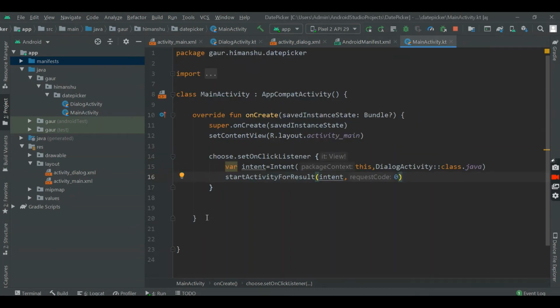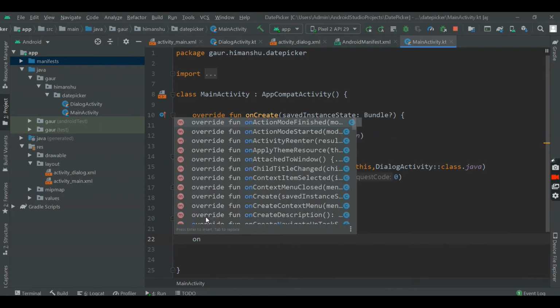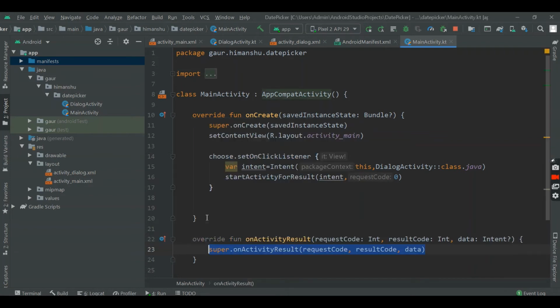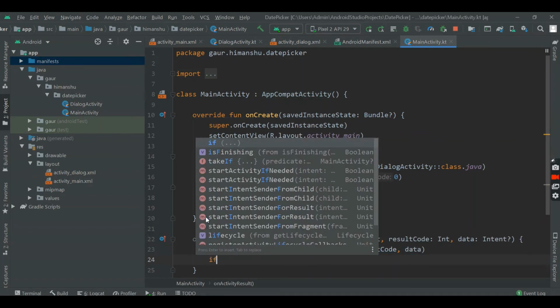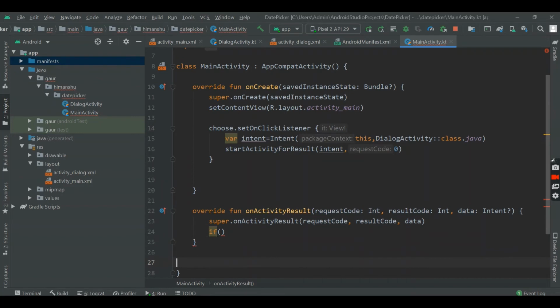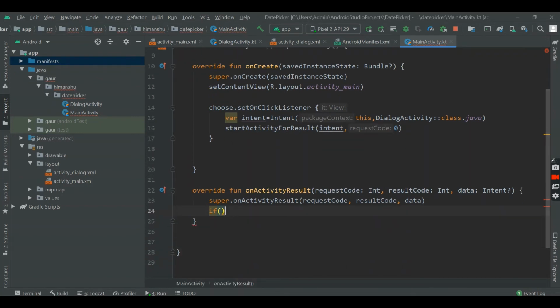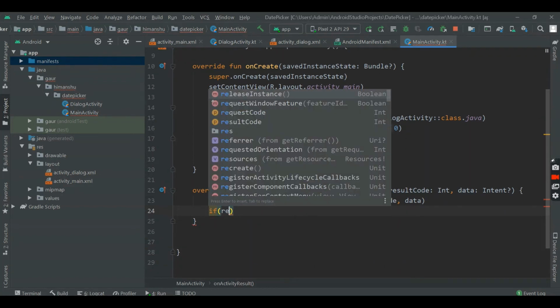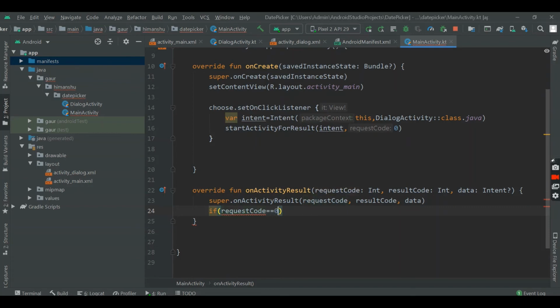So go to the main activity and here you need to override a method which is on activity result. If our request code is equal to 0, then I can set our text view to the data which we have got from our dialog activity.